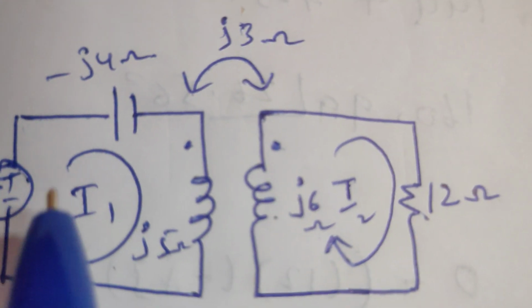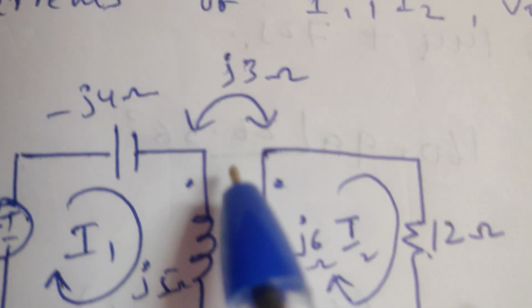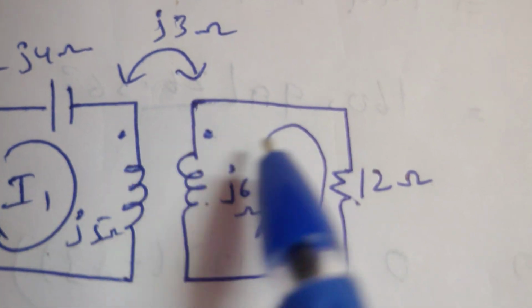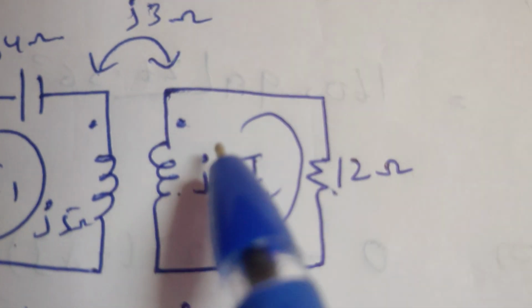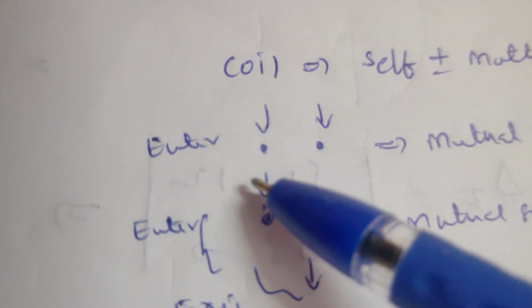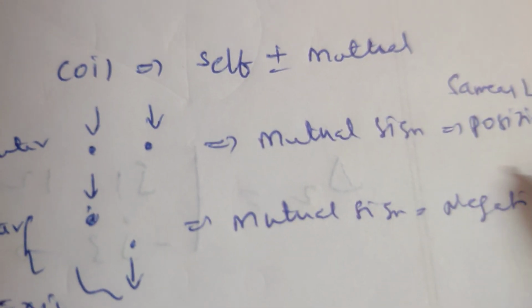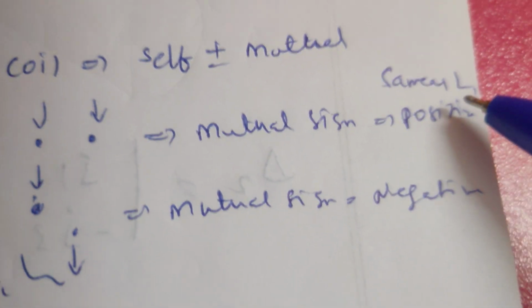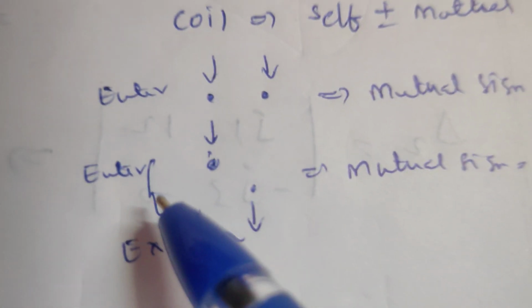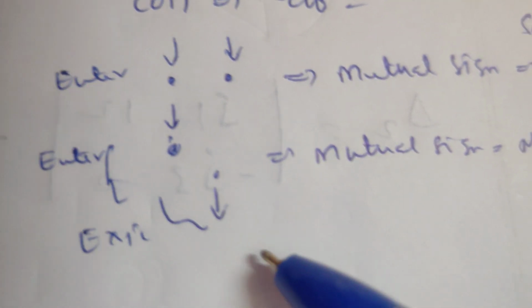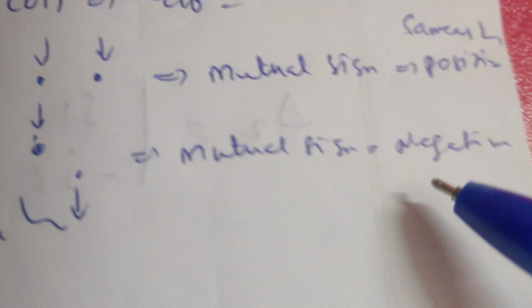See here, the I1 current is entering the dot and the I2 current is exiting the dot. Whenever both currents enter the dots, we take the mutual sign value as positive, the same as coil one. Similarly, when one current enters and the other exits, the mutual sign value is simply negative. Okay, now we are going to apply the